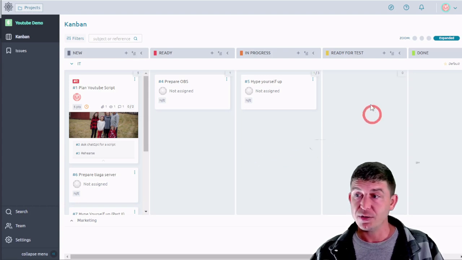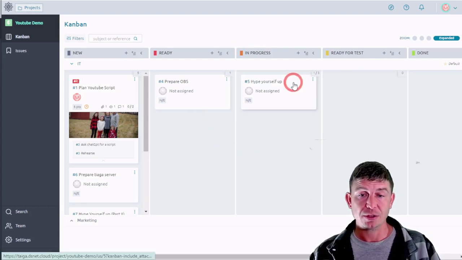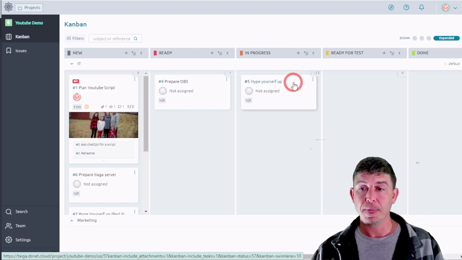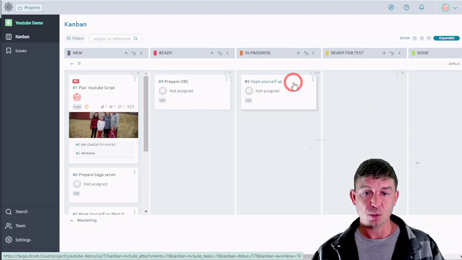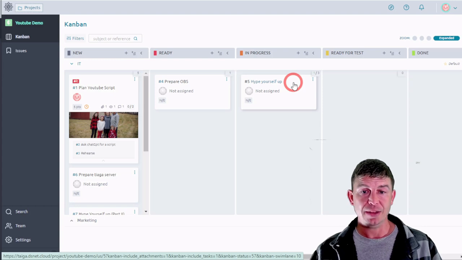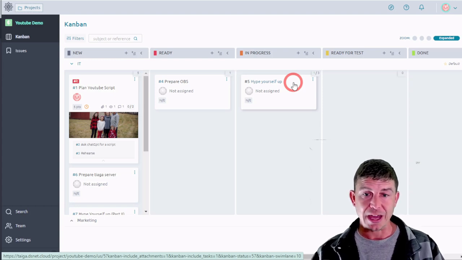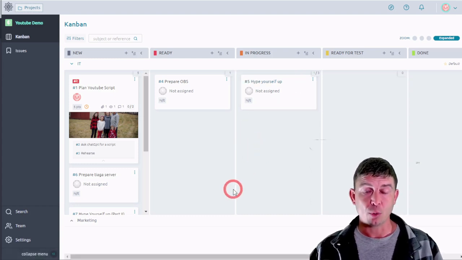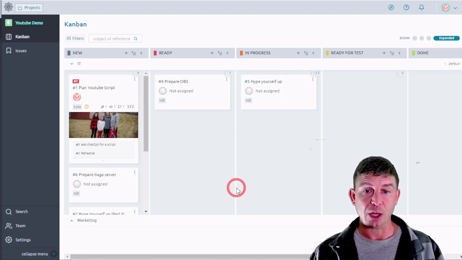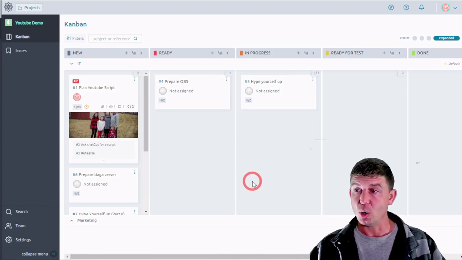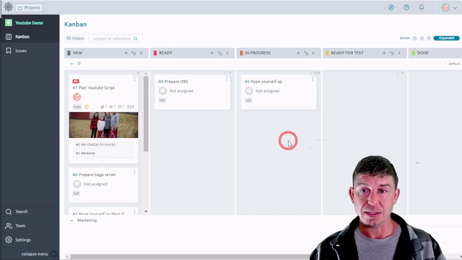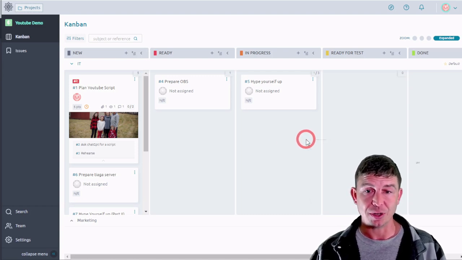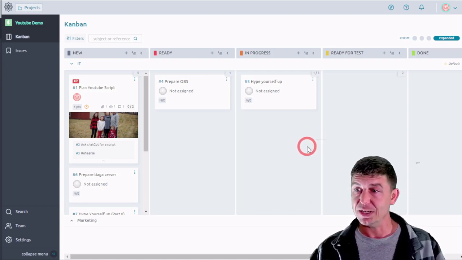That pretty much covers the Kanban functionality. There's a whole bunch that I didn't cover. Really getting to know this tool takes some time, but even getting started with just a day of practice, you can be off and to the races in no time at all. It does not take a lot to learn this tool, and the more you use it, the more you find out how valuable it is. There's a whole lot of functionality that I did not cover. I simply just don't have the time. I wish that I did. But